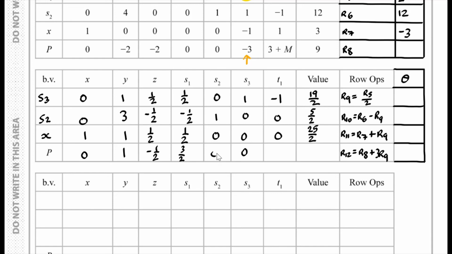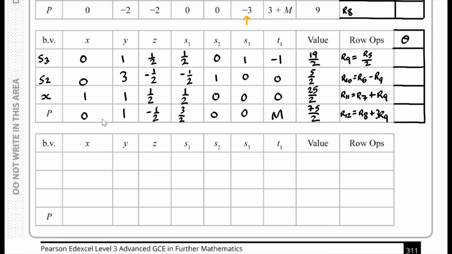3 over 2, 0, 0, and here we have to be a bit careful. We have row 8, that's 3 plus m, and then we add on 3 lots of minus 1, so we have 3 plus m minus 3, that's just m. And then here we have 9 plus 3 lots of 19 over 2, which is 75 over 2. Okay, and again we have to perform another iteration,